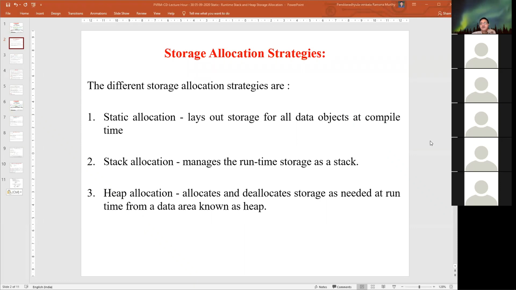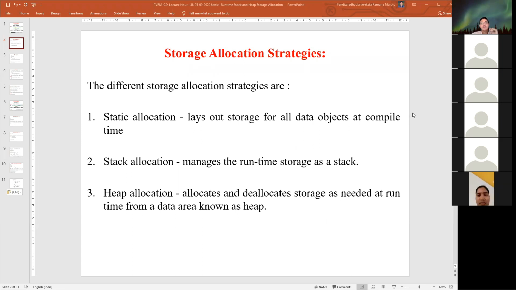Frequently we are using static storage allocation or dynamic stack allocation. We have one more type of allocation called heap allocation. We know the meaning of heap memory. The heap memory is made of small individual memories that can be spread across the memory area, that can be allocated and deallocated as storage as needed at runtime from that spread of free data or memory area called the heap. From the heap, we can allocate and deallocate memory as and when required. So we have three different types of memory allocations.